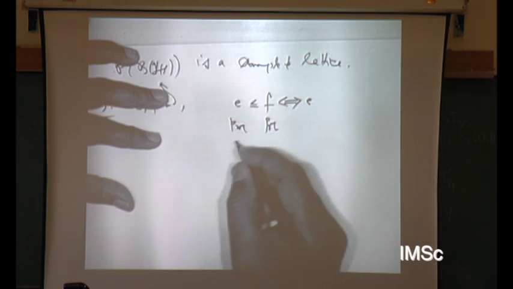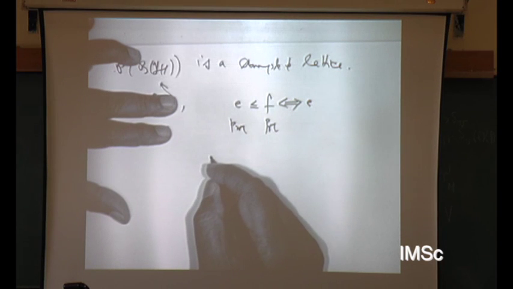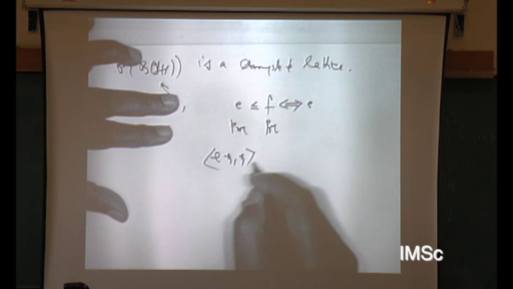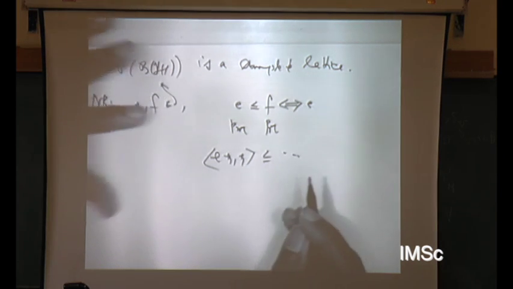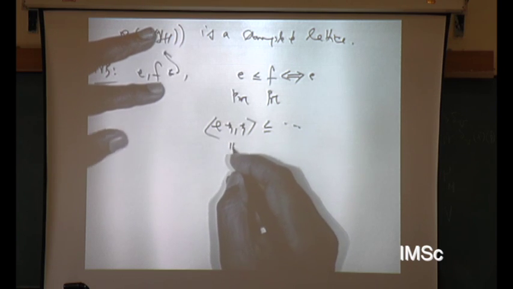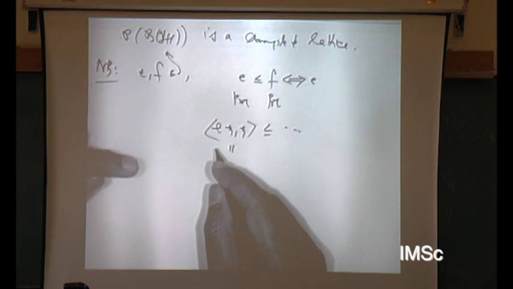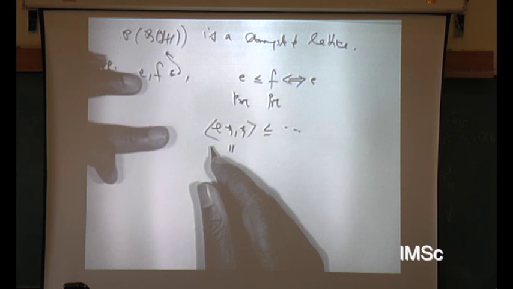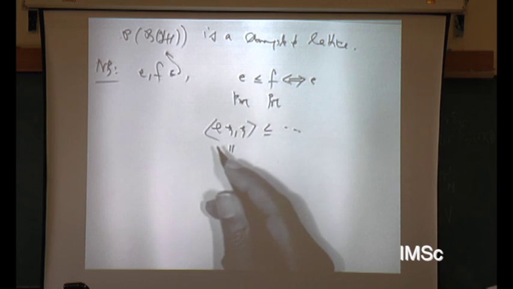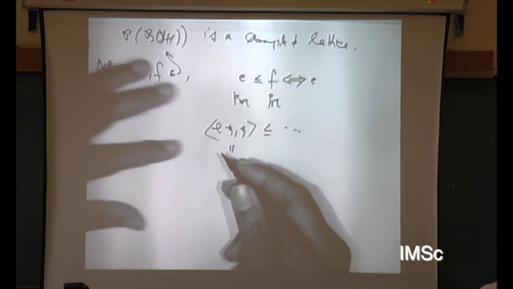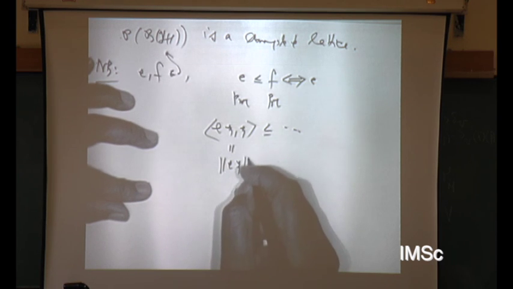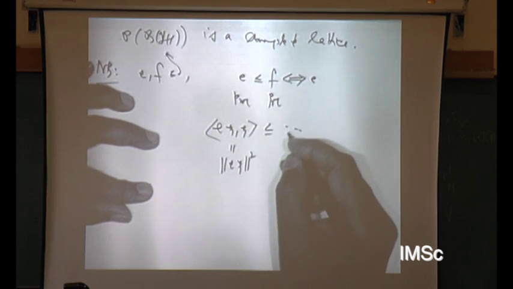So we're talking about, what does this say? This means that the inner product of E xi with xi is less than or equal to the inner product of F xi with xi. Okay. But what is the inner product of E xi with xi? If E is a projection, E is E squared. So I can write this, I can double this E, and E is self-adjoint, I can take the E over to the other side. So this is just norm of E xi squared, less than or equal to